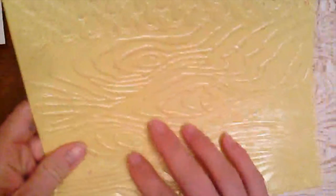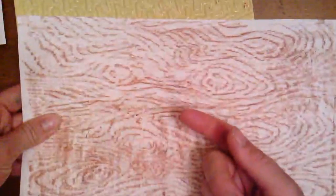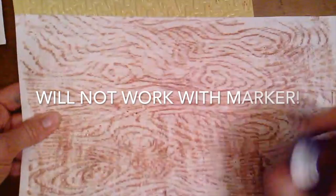Here is the rubbing plate of the texture you see. The lines are raised, and when I put it under my paper and I rub with something soft like a crayon, a pencil, a colored pencil, not a marker, it will create the same texture I see here. When I put it under my paper,